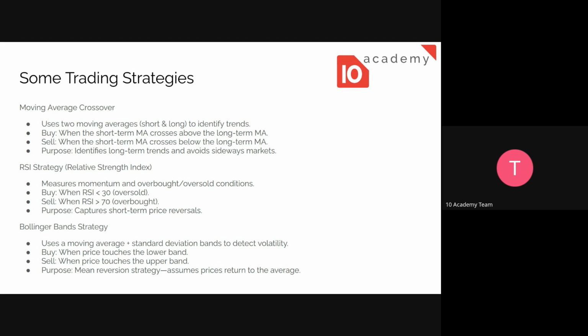For example, if we are doing the moving average crossover today, we are going to use two averages: for example, the first 50 days, and 200 days, one shorter and the other longer. And the buy and sell signal will depend on those two lines. For example, buy when the short term, for example the 15-day average, crosses above the longer one, the 200 average,